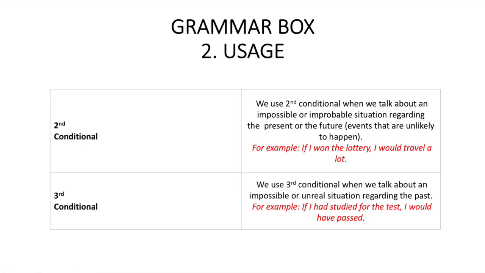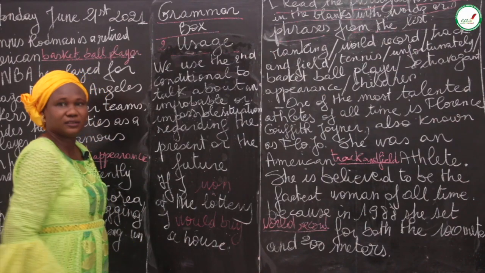So here I use second conditional, and if we go back to the formation, we've said that to form the second conditional, we have the verb in the past tense. This is to win. Irregular verb, the past is won. This is the if clause. And you have the main clause. This is the main clause, I, and you have would plus base form of the verb. Here the verb is to buy. The infinitive, so you have I would buy a house.